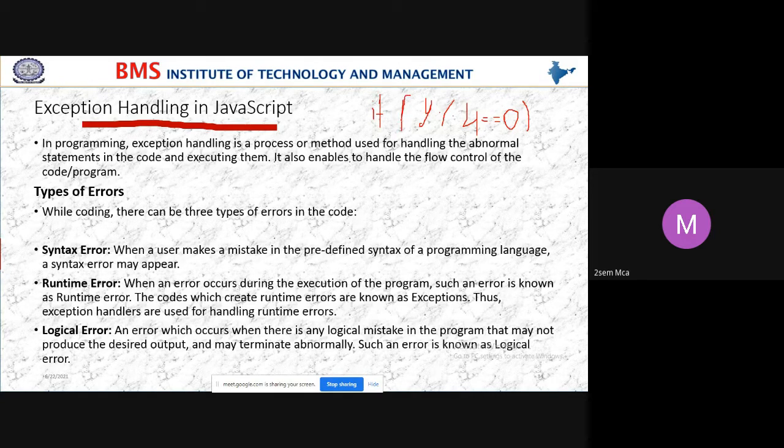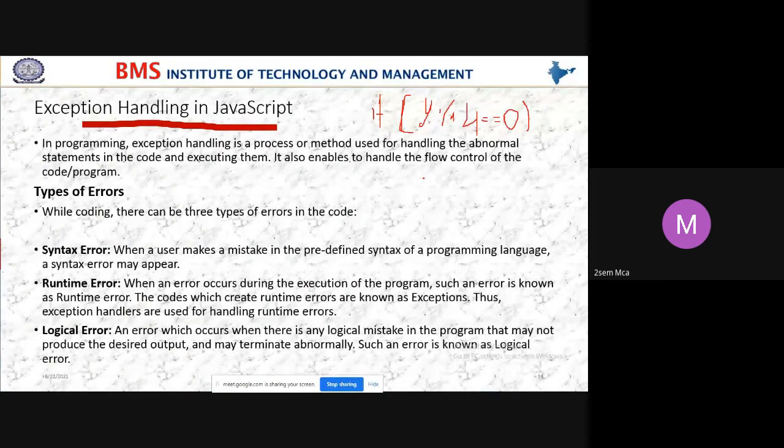Correct? Yes, students? So the logic to find whether the given year is a leap year is to divide the year by 4. If the remainder is equal to 0, then the given year is a leap year; else it is not a leap year.